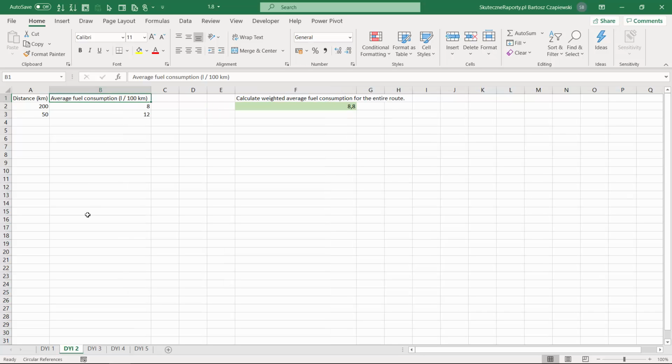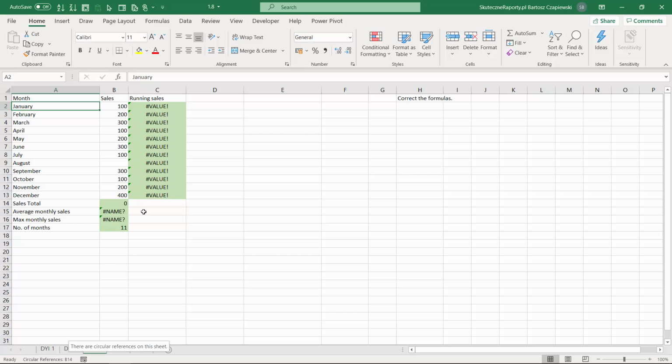When we now jump to the third worksheet, we can see that the circular reference warning will change its name, pointing to the cell which is supposed to be corrected. But still, we will start by correcting the worksheet from the beginning. Let's have a look at the sales, that is correct, and at the running sales. We have the running values that we've seen in one of the previous exercises, but when we tried to calculate